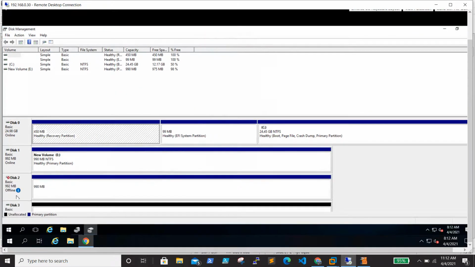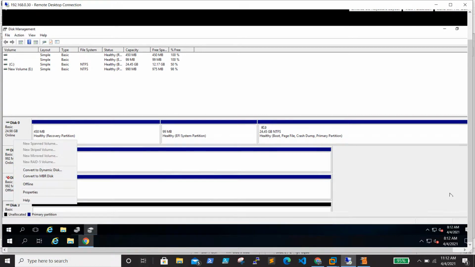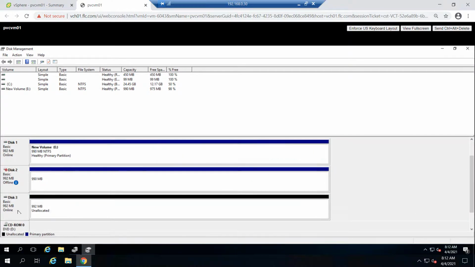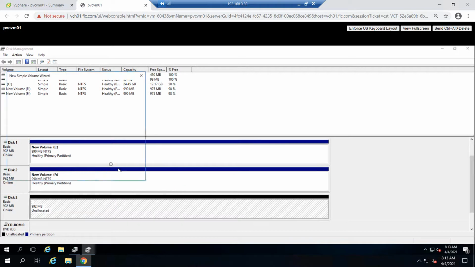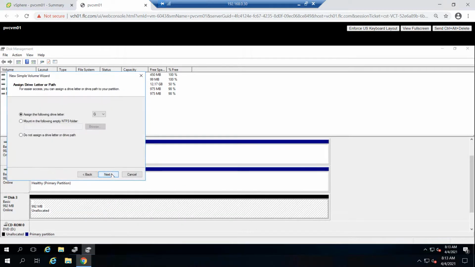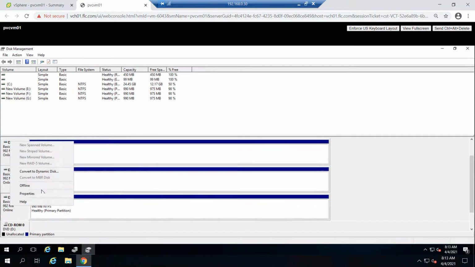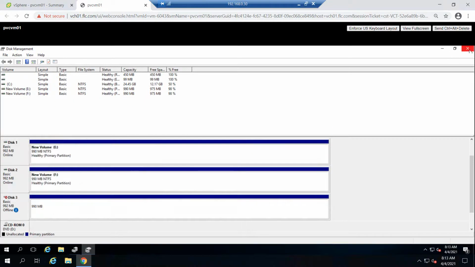So new disk is available now. So here, this is a new disk. Once the driver is visible there, we can go ahead and do the next steps. So here the drive of 1 GB is there, so I will make it offline. So we are going to delete the disk.